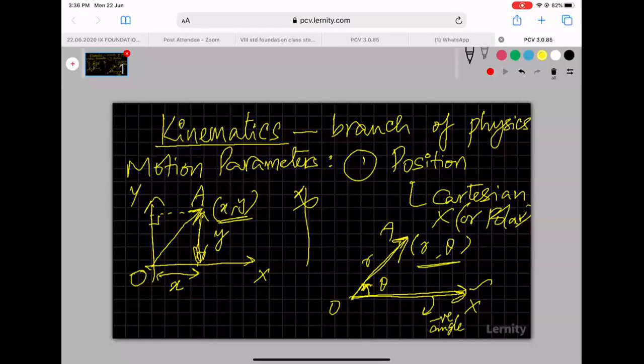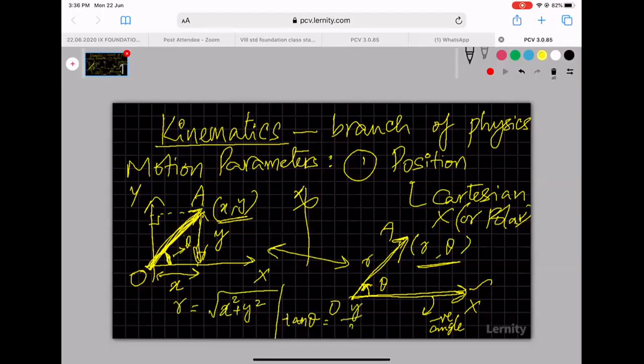Now, if you try to combine these two diagrams, you would understand that this length here, the hypotenuse of this right angle triangle, is nothing but r. So basically, r is equal to root of x square plus y square. Similarly, this angle here is nothing but theta. So from basic trigonometry, tan theta is equal to y by x. So if you are given the values of x and y, you should be able to find r as well as theta. Also, if you know the values of r and theta, you should be able to find the values